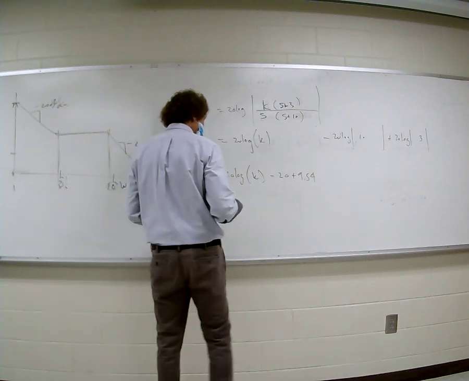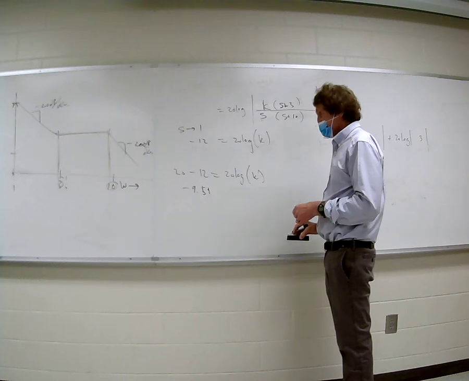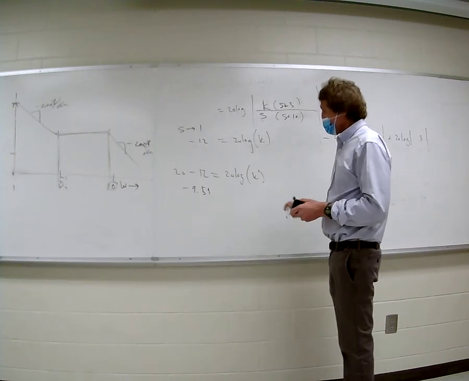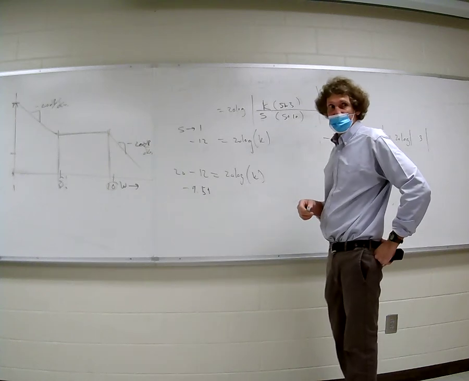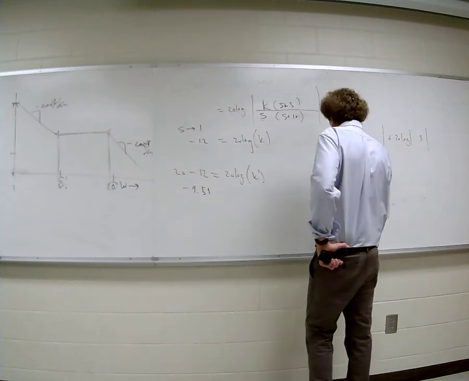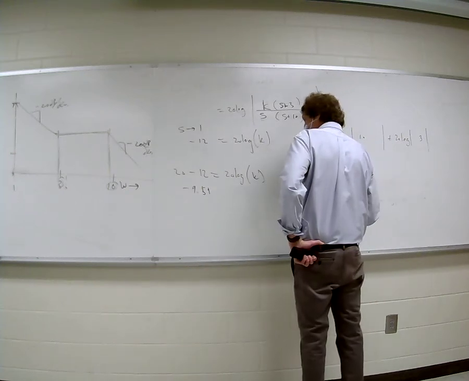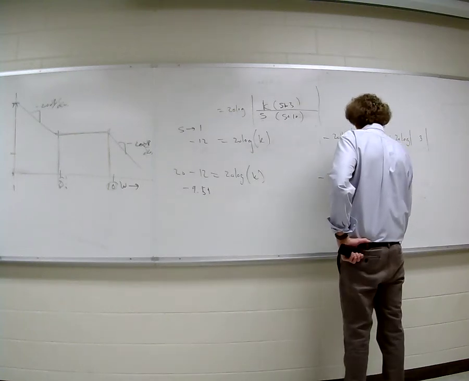And now I have that. What is that number, by the way? 20 minus 12 minus 9.54. Minus 1.54. And that's equal to 20